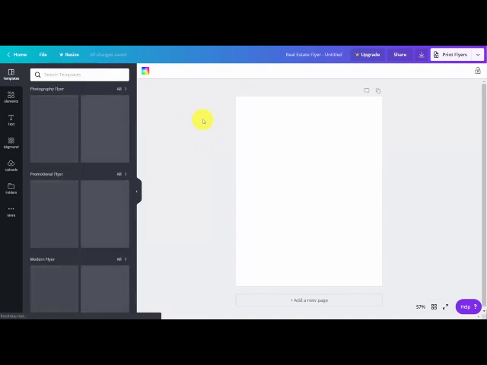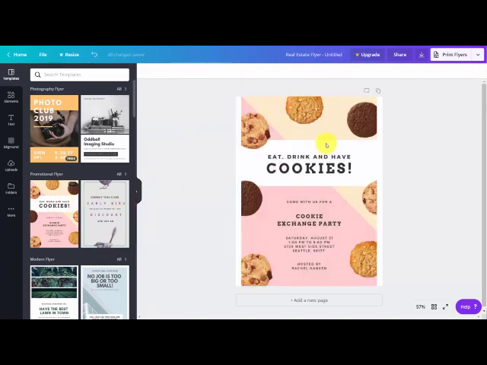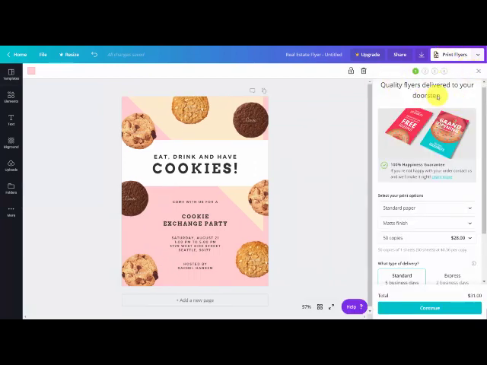What Canva is going to do is it's going to bring you into an area where you're going to have templates that are suggested for you to print off into flyers. So what we're going to do is we're going to choose one of these templates. You would then edit your flyers, and then you can click this button that says Print Flyers. Now obviously you can print this flyer and have it created through Canva, but what you can also do is